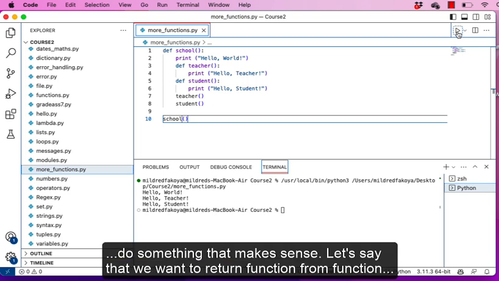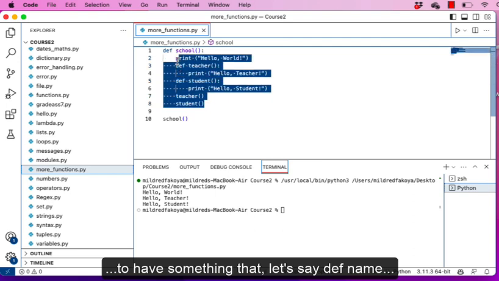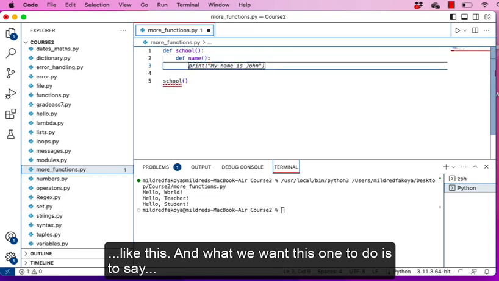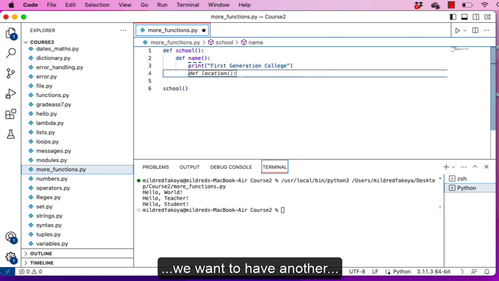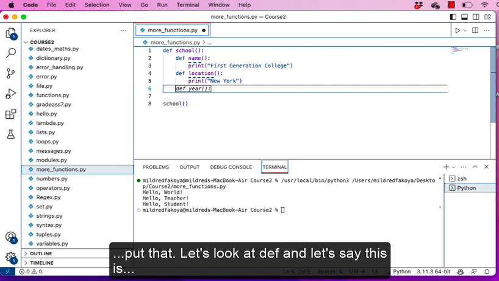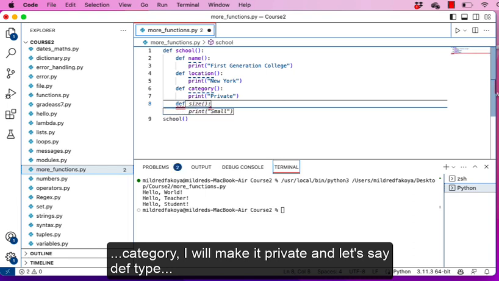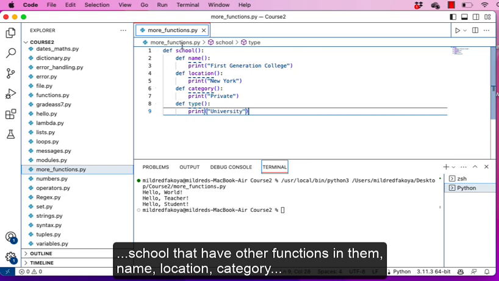Let's do something that makes sense. Let's say we want to return functions from functions. Let's say we have def school, and let's say for instance we want to have something, def name like this, and what we want this one to do is to print the name of the school. Then we want to have another function, let's say def location, and let's say def category. I'll make it private, and let's say def type. Okay, let's stop here. So we have created a parent function called school that has other functions in it: name,